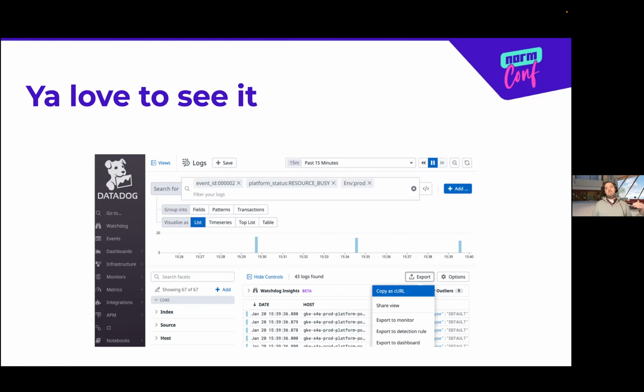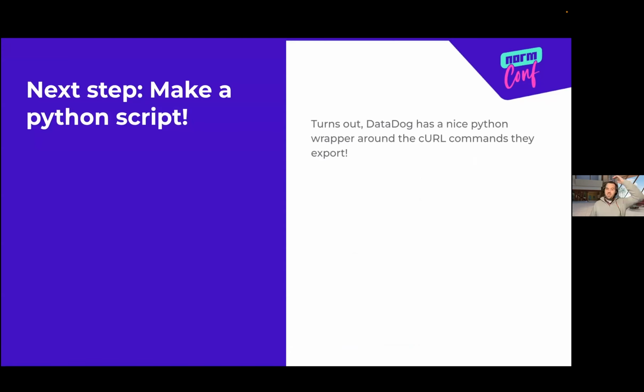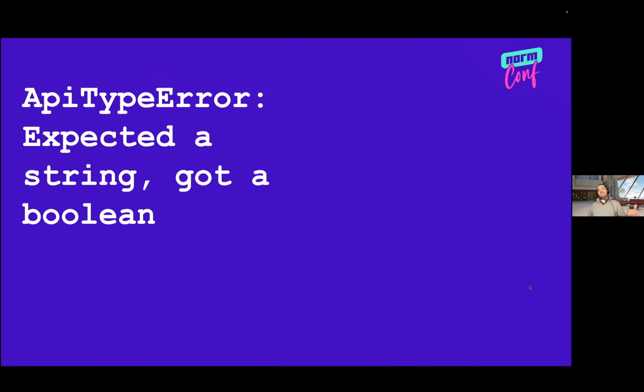Almost. We really wanted it to be a little more programmatic than just the raw curl request. It turns out they also have a nice Python API to wrap around those curl commands, and you can basically take the query part of it and slap it into this Python library, and you have type hints and all that niceness because the library knows what it returns. But I used it, and sometimes it worked, but I found a case where it didn't work.